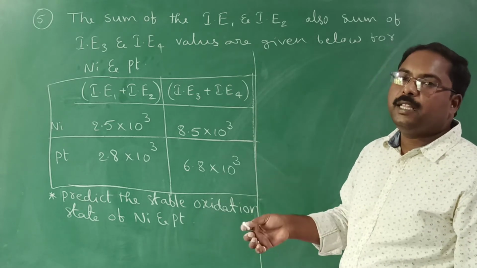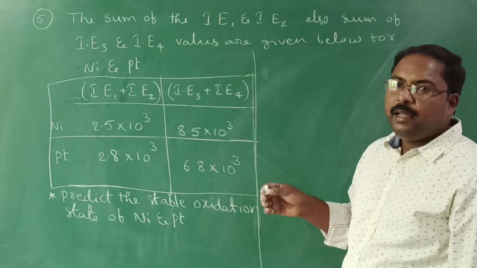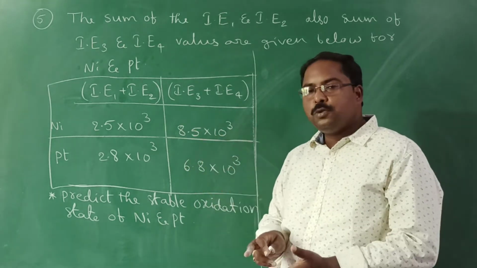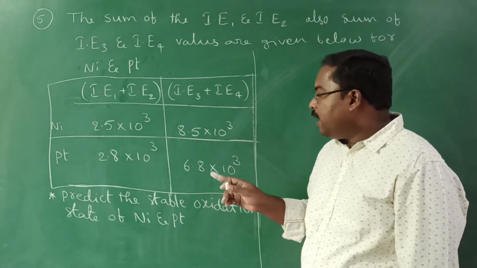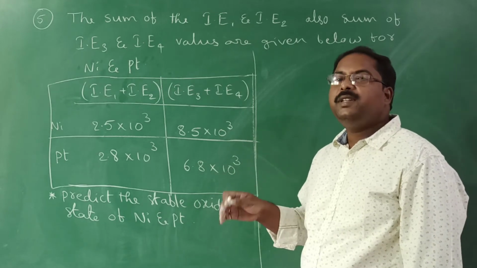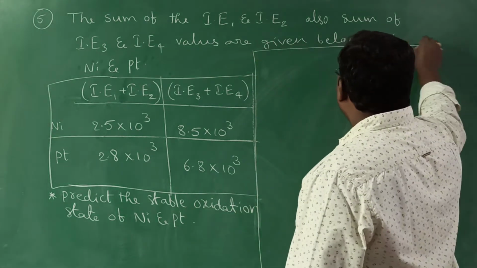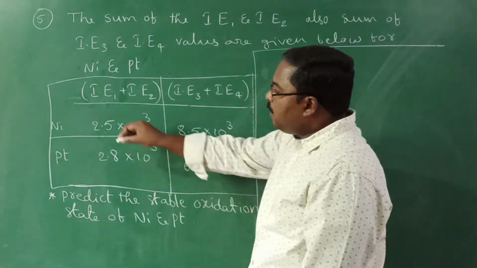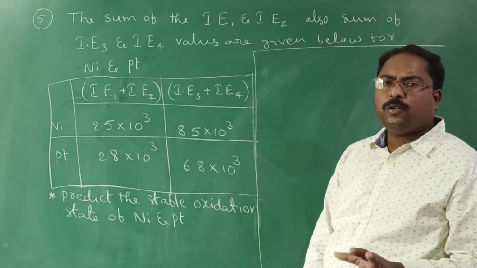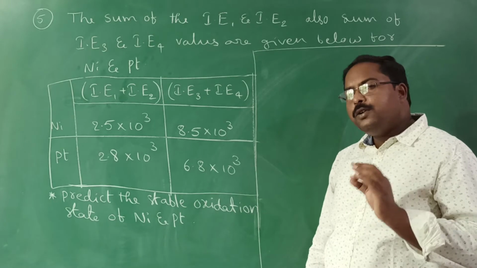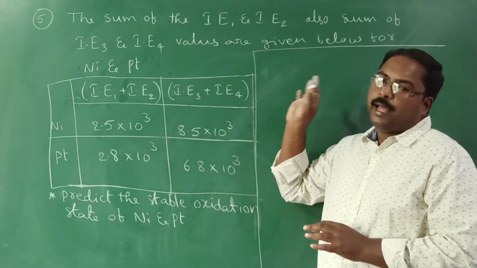In nickel, if you observe, there will be 10 because it is 4s2 3d8. But it can exhibit +2 state as well as +4 state. But their question is in which state it will exist, in which it will form stable compounds, right? So listen carefully how to predict this. It is only by observing the values, no calculations, no formulas, nothing. Use your knowledge regarding ionization energy by observing the values.